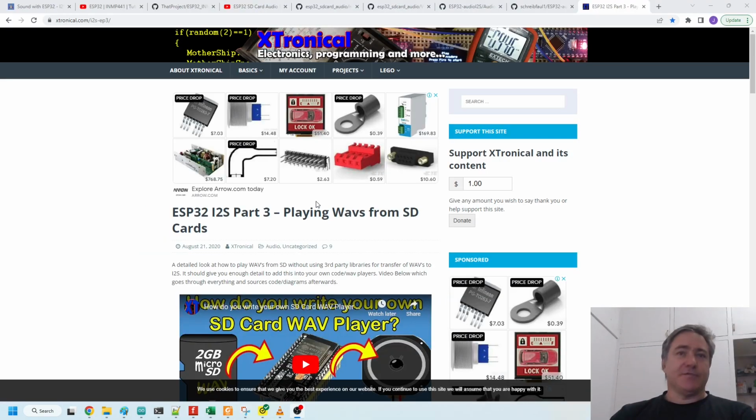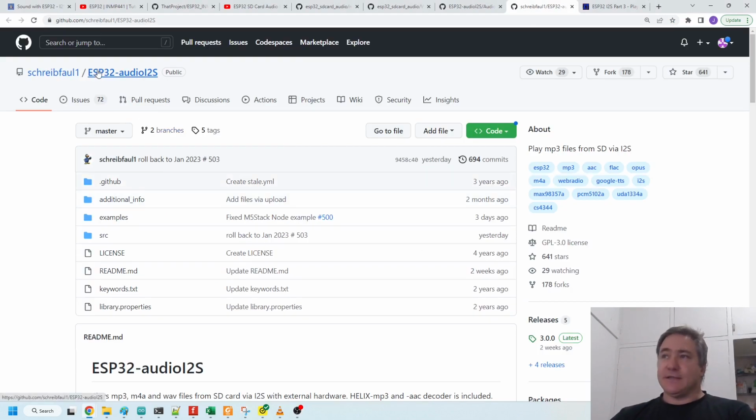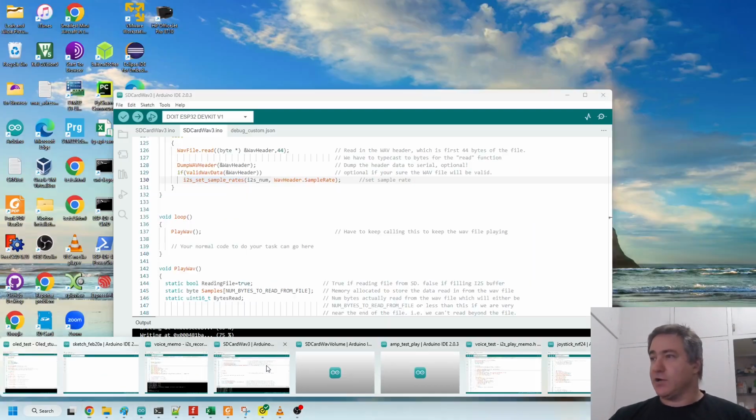So this is Jonathan from the future, and I didn't actually end up using the code by Xtronical. I ended up using the code that is in the ESP32 Audio I2S library for play. The reason I didn't originally want to use the Audio I2S library was because it takes up a fair bit of program memory. But I decided to go with this code, and the reason is because in Xtronical's code,